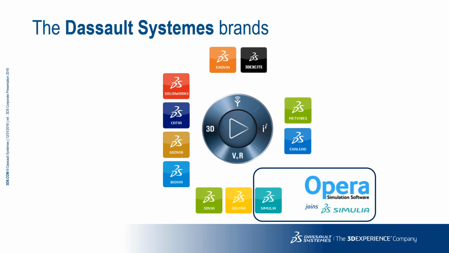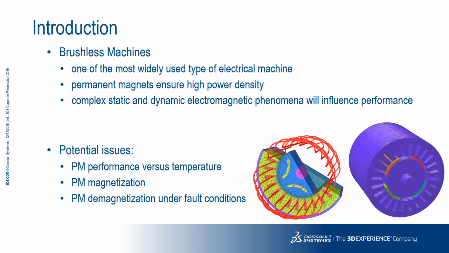In this presentation, we'll be taking a look at Opera being used for brushless machine design, using the Toyota Prius motor as an example. The brushless machine is one of the most widely used electrical machines, covering all power ranges and sizes. The main advantage that this motor type has over others is its high power density, which is due